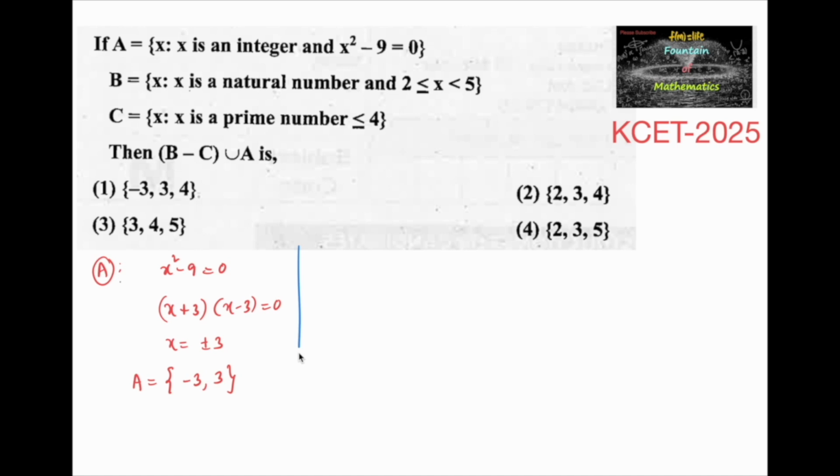And coming to the set B, it's containing natural numbers which lie between 2 and 5, where 2 is included, 5 is excluded. So we can write the set B: 2 is included, so we can write 2, then 3, and then 4, which is less than 5. So we can consider set B is equal to {2, 3, 4}, and then set C